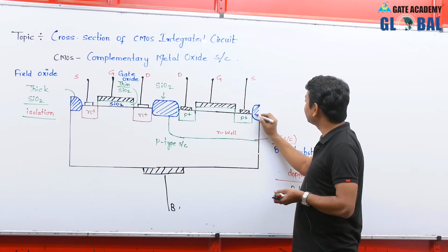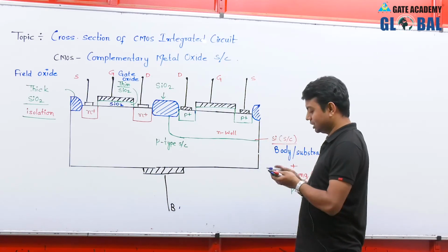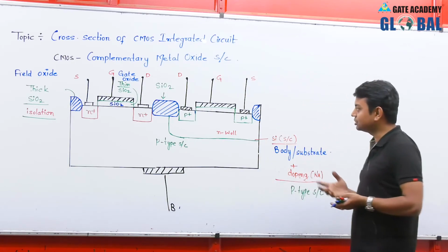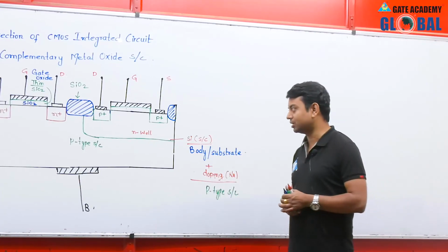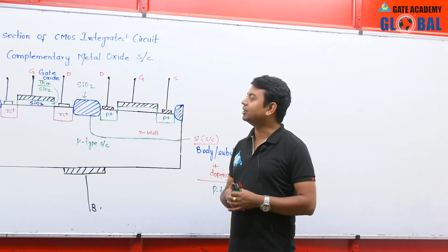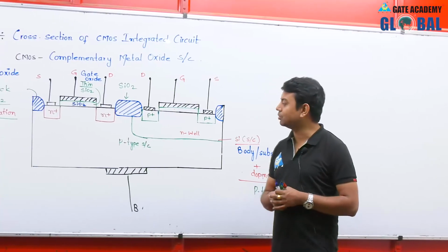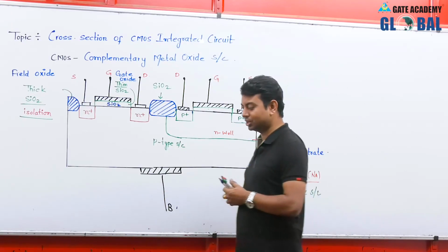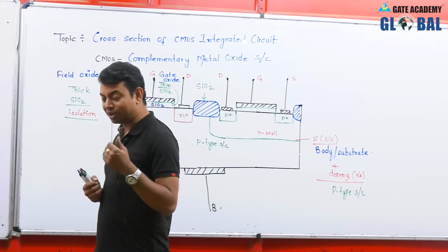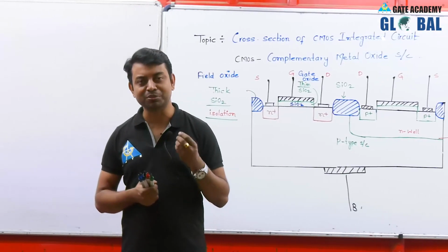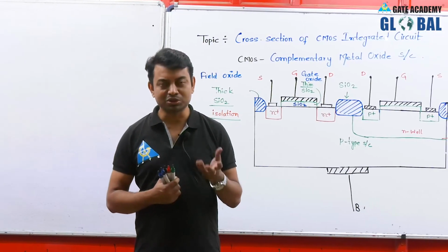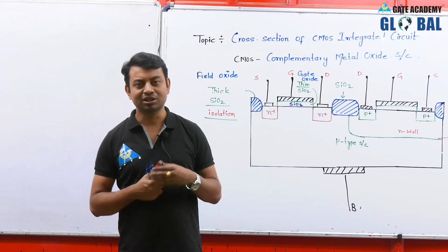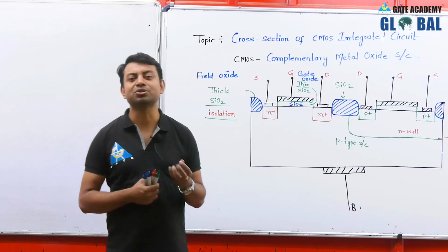So we have again taken a thick layer of silicon dioxide, and now our device construction is completed, and this structure is known as complementary metal oxide semiconductor. We are going to understand first what the application of this complementary metal oxide semiconductor is. According to your syllabus, the application of the complementary metal oxide semiconductor is nothing but a CMOS inverter. So we are going to see what a CMOS inverter is first, and how to analyze a CMOS inverter. Then we are going to solve some questions based on the CMOS inverter also.